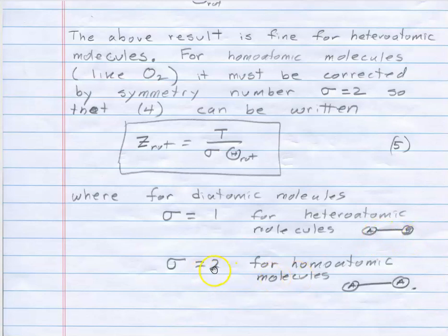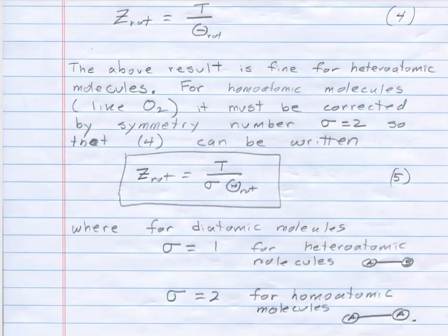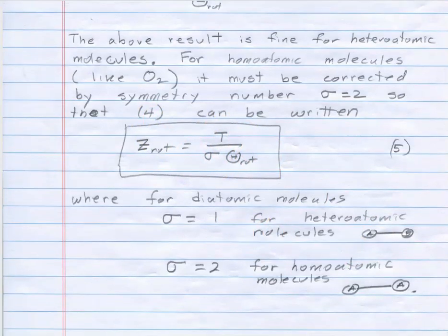And if they're the same, then the symmetry factor becomes 2 if I have AA, so like O2, if this was oxygen and oxygen. So the rotational partition function is really a very, very simple formula. And we'll look at some implications of that on the next